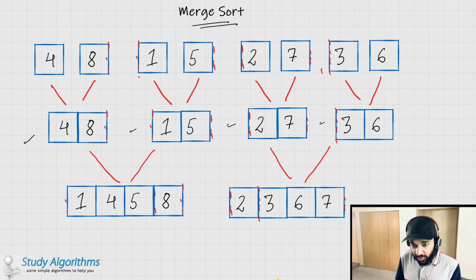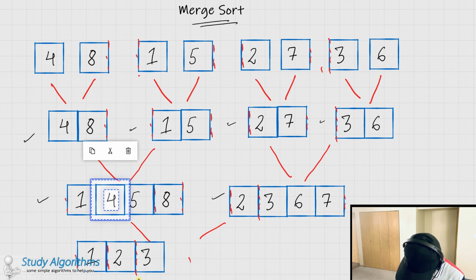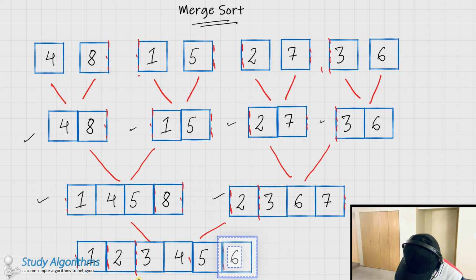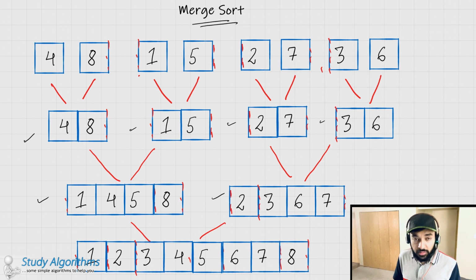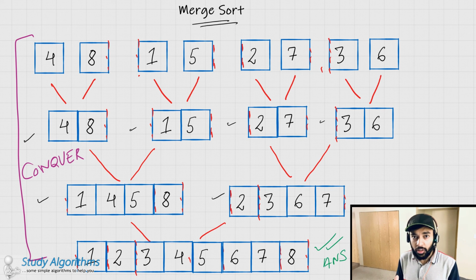You see that as we are approaching the end, these subproblems are also sorted in itself. Let us just try to perform this merge one more time, and we should be arriving at our answer. So as you can see, in the end, we have arrived at our answer, and this array is sorted. What we did in this entire step was a conquer step. And this is how a divide and conquer algorithmic paradigm can help you solve some of the complex problems.